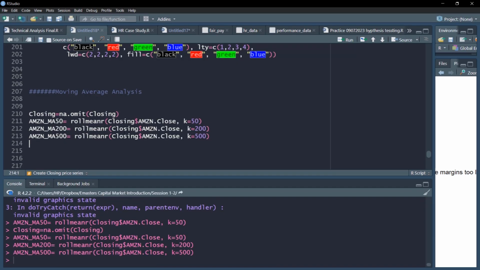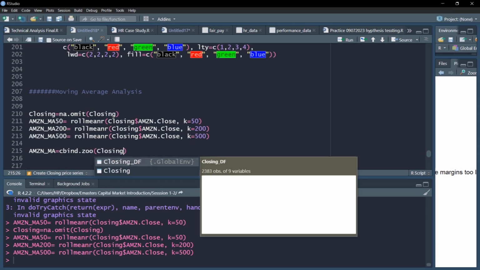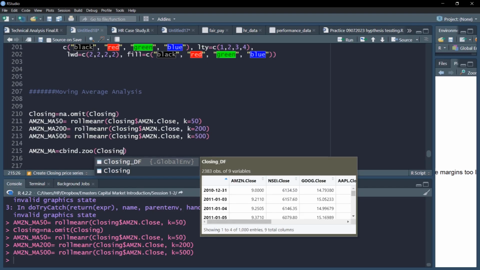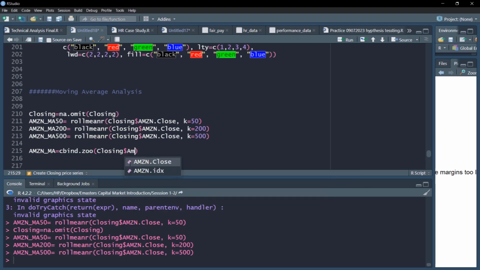So now that we have created the 3 indicators, let us bind them in a single data frame. Let's give it a name, Amazon underscore MA for moving average, and we'll use cbind with the zoo wrapper inside, and we'll use closing dollar Amazon close price.